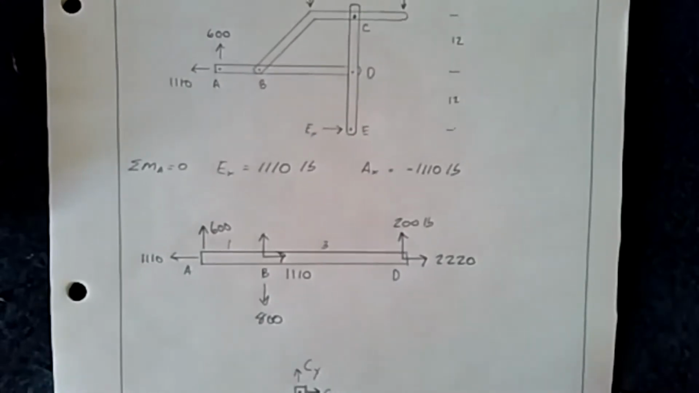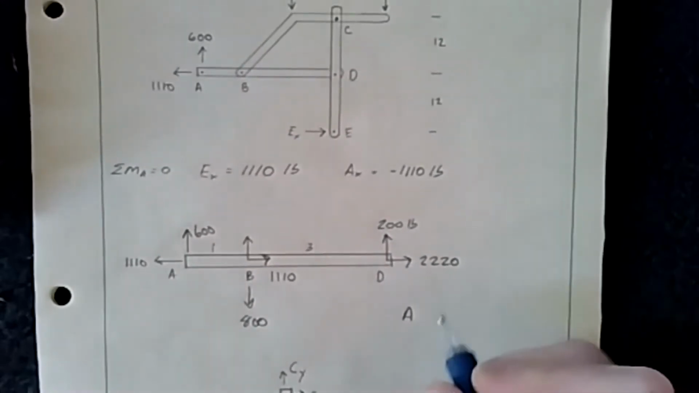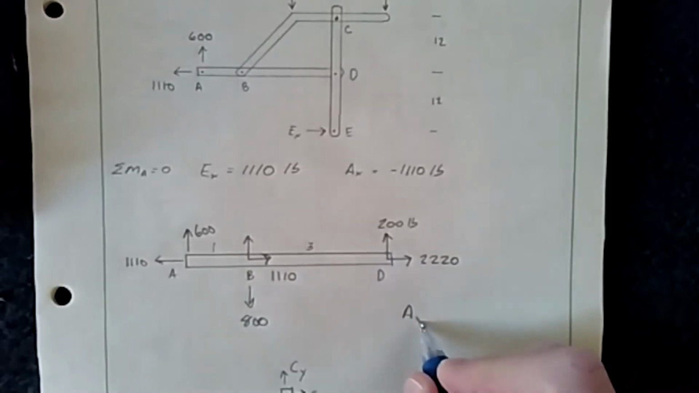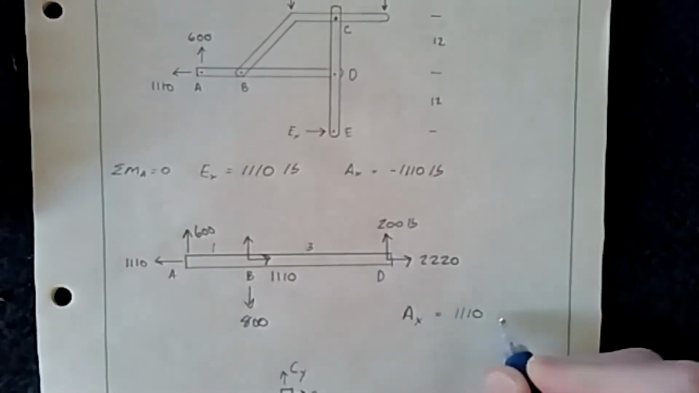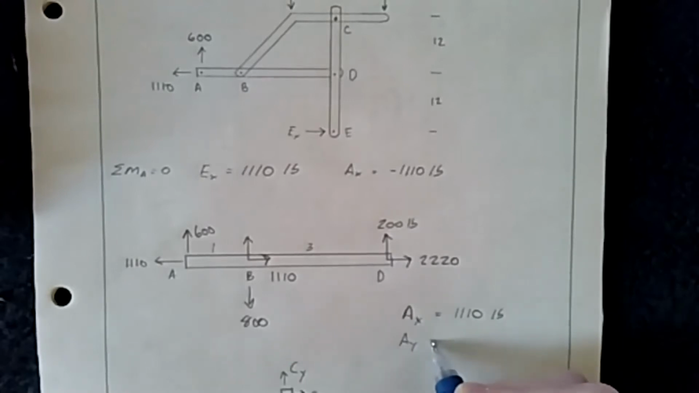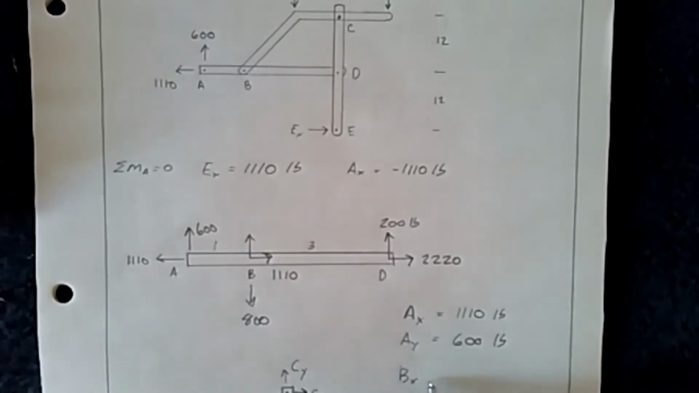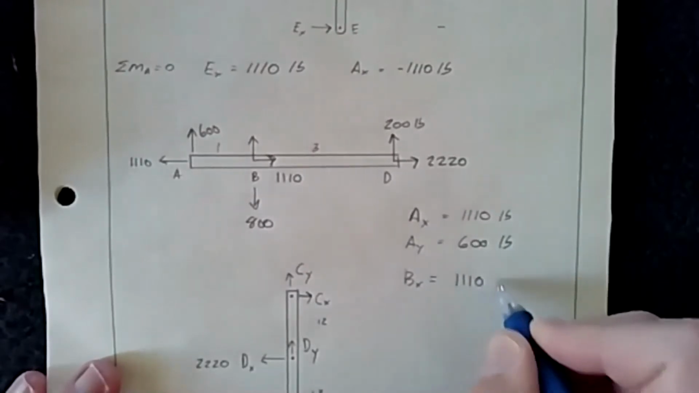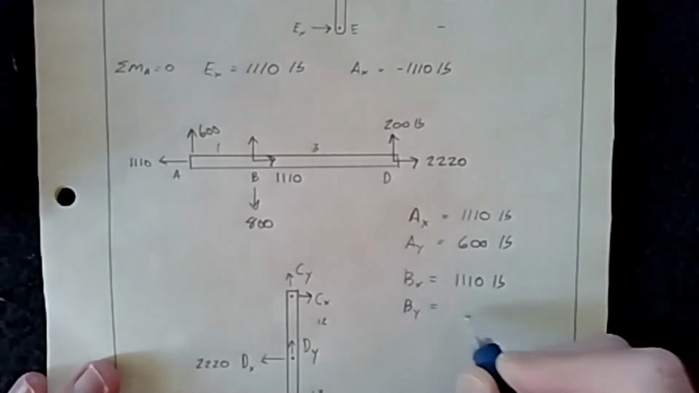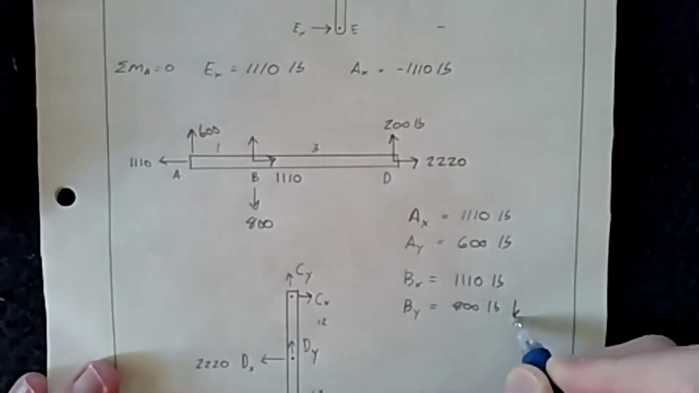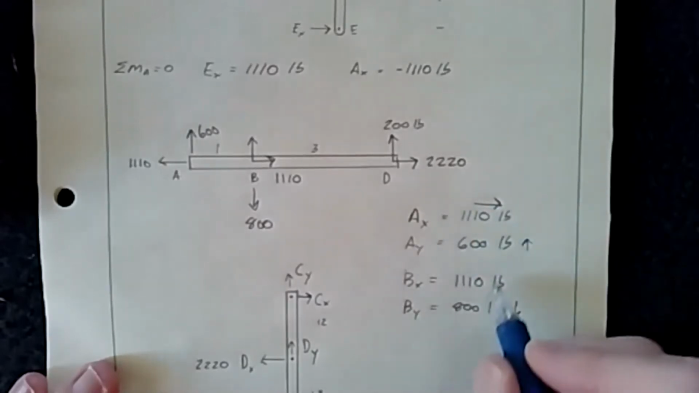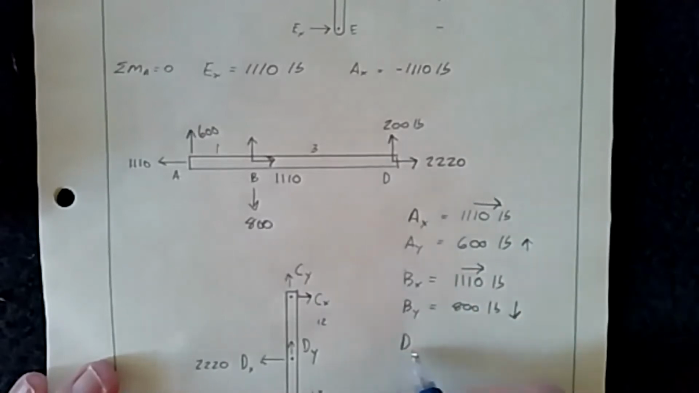So your answer, let's say you were doing this in a final, you just want to make sure that your answer has everything. Has AX equals 1110 pounds, AY 600 pounds, BX is 1110 pounds, BY equals 800 pounds, arrow going down or negative, whichever you prefer. If you want, you can put arrows here too. There's no question. And then DX,